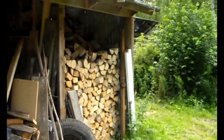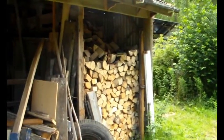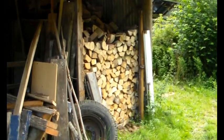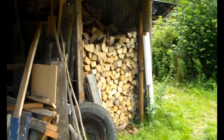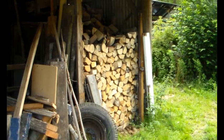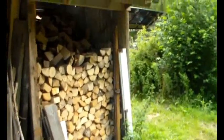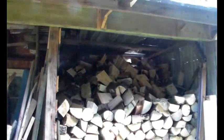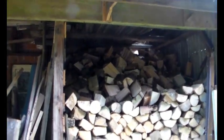So this wood pile here, or that wood shed, is 3/4 full, which is great. Yeah, the ones by the house are full, but there's one we've started working on when we needed it. So there we go. Let's just move round on live wobbly cam, and you can see, it really is more than 3/4 full. Okay,